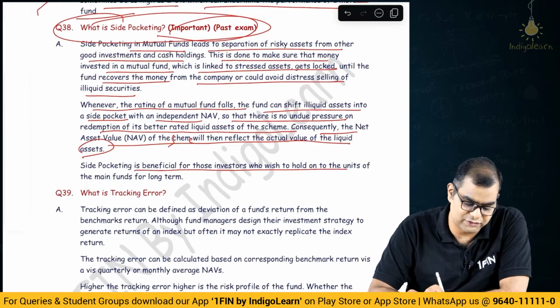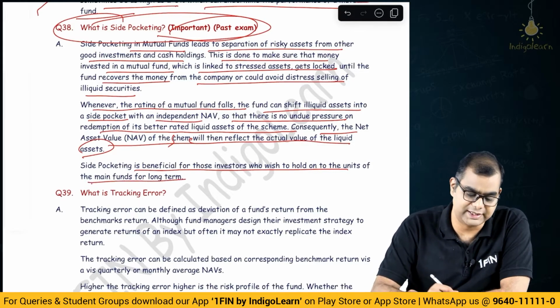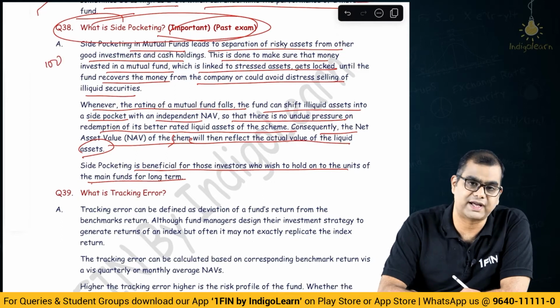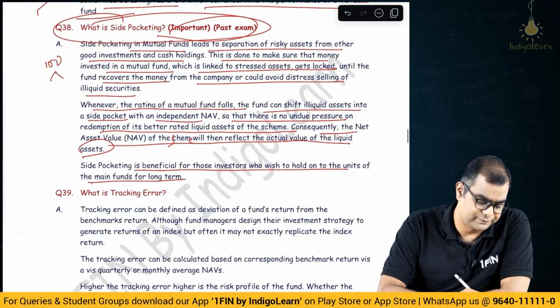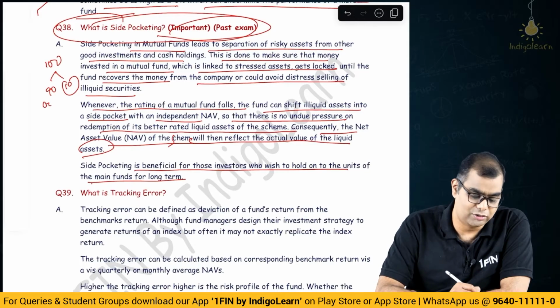Side pocketing is beneficial for those investors who wish to hold onto the units of the main fund for a long term. So basically, if let's say you have 100 rupees of assets, right? I am referring to a single portfolio which has 100 rupees. In this, let's say there is 90 invested in good and 10 invested in bad. Now once all the investors know that the 10 has gone bad, everybody rushes to withdraw their money from